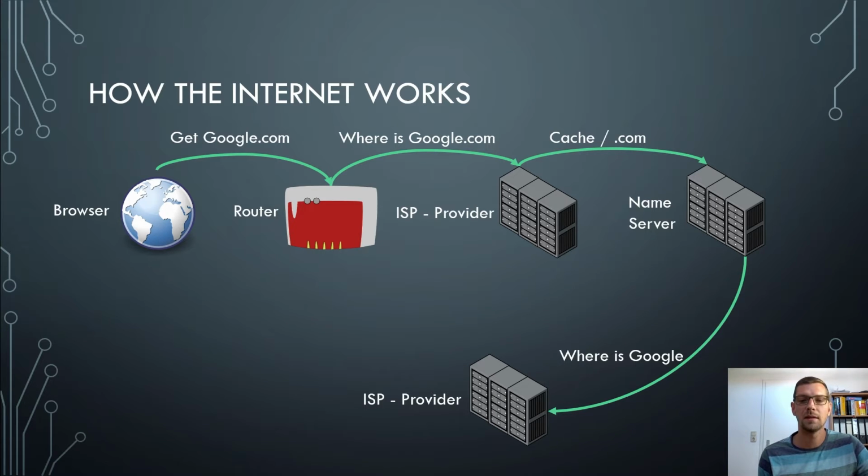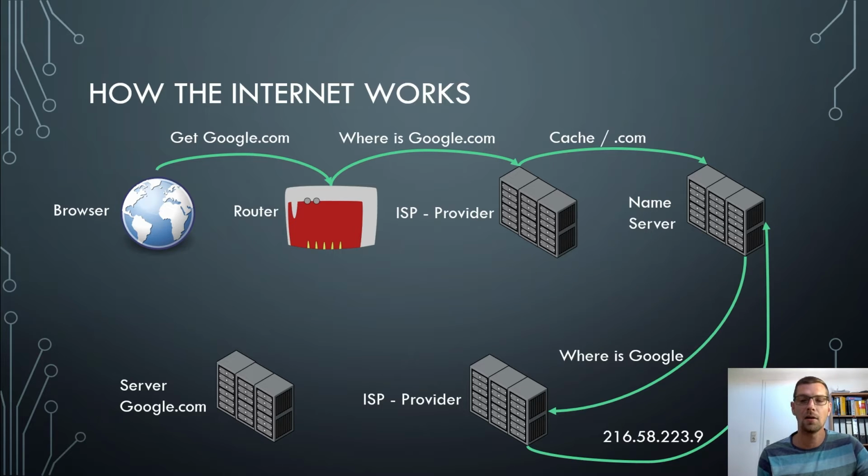And so the internet service provider now knows which IP address Google has, the same as our internet service provider knows what IP address we have, because it gave it to us. So there we have the server of google.com, and the internet service provider can ask now back, okay, the internet address is here in this case